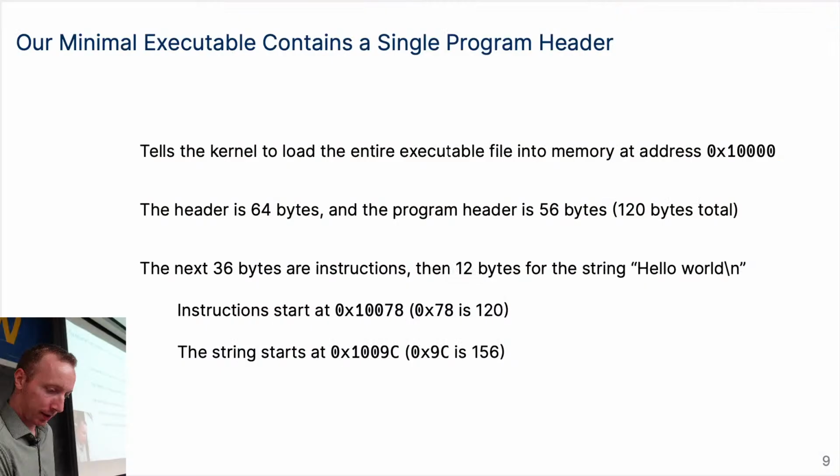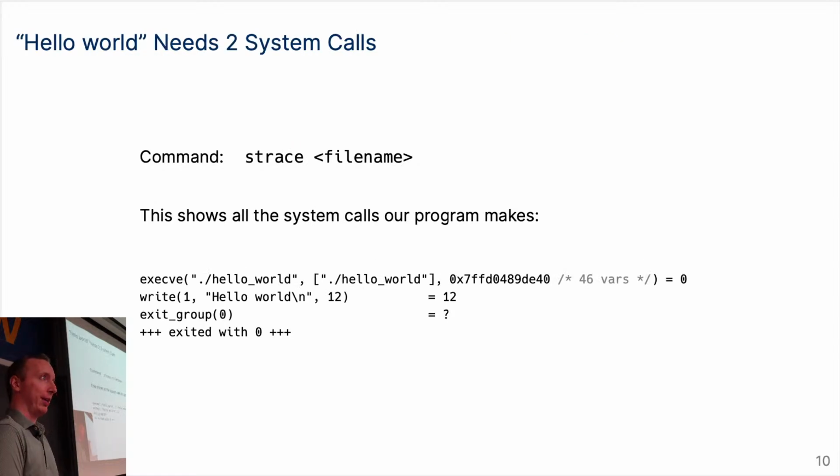But we'll explore what C does. As I said, we're going to be living at that system call interface, so I'm going to teach you the command that will get you through this course and even help you whenever you're programming literally anything, because any program you write is going to have to go through this interface. If you want to see what system calls your program is using, and you can have fun doing this on all your different programs, use a command called strace, and it shows you the system calls that your program makes. So if we do strace on our little executable,